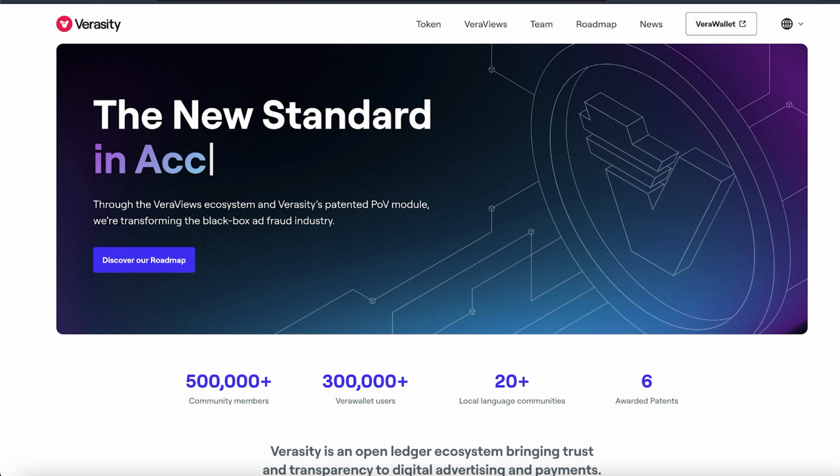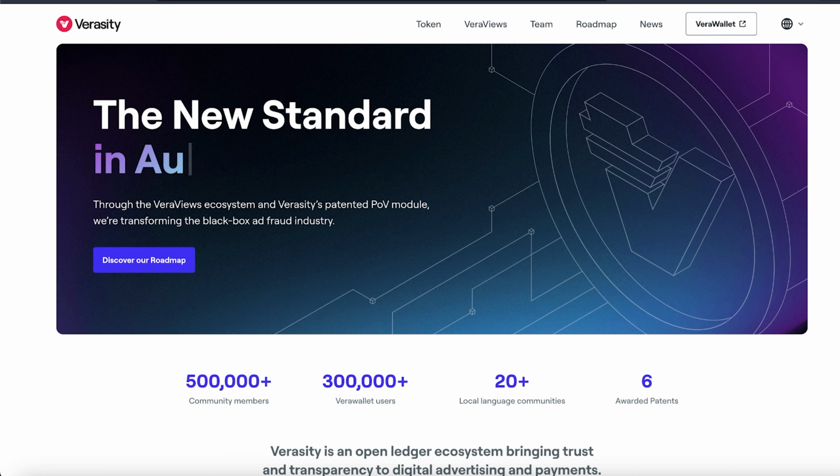And I have to say, I'm impressed now because the project is not only interesting, but they did something which is a rare sight in a bear market from startups, from crypto projects. And not what they did is the most important or interesting part. It's why they did it. That is what we would want to see from every project existing in the market right now. However, right now we are going to talk about this one, which is Verasity. Hope I pronounced the name correctly, and if not, then please let me know in the comments.